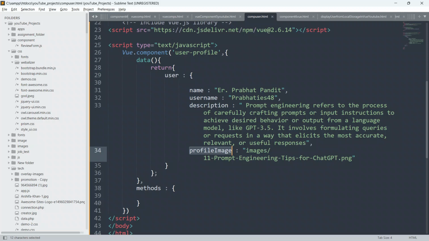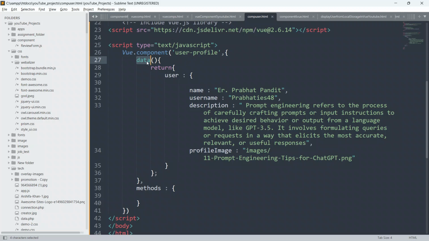In order to create a global custom component inside the Vue.js, you have to use this function, Vue.component, and you have to define the component name as I am defining here, user profile, and put a comma, open and close curly braces, and inside this you are free to define anything: your data, your object, your custom functions, your custom methods, your objects, your array, your variable. Yeah guys, you are free to define each and everything inside this custom component called user profile.